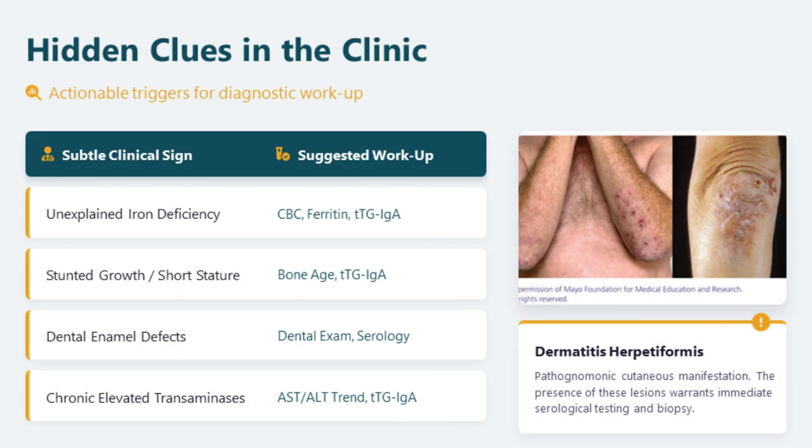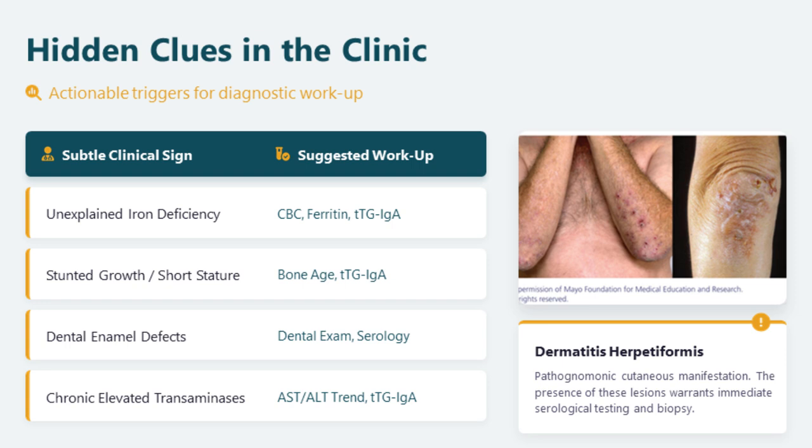Whenever you have an unexplained iron deficiency anemia, do a CBC, ferritin, and do a TTG-IgA. When you have a short stature, do a bone age, do a TTG-IgA. If dental enamel defects, do a serology. If you have unexplained elevated liver enzymes, do a TTG-IgA. If you have these skin manifestations like dermatitis herpetiformis, which I have shown you the image, then immediately serological testing and endoscopic